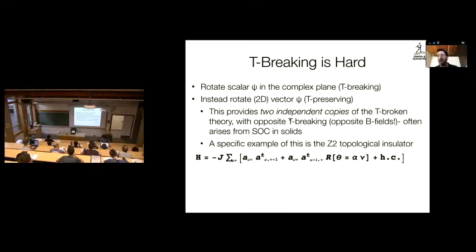And the point is now that if you actually go through the math, it'll give you 2 copies of the model. One that experiences a magnetic field in one direction, and one that experiences a magnetic field in the opposite direction. And as long as you don't induce coupling between those 2 models, you will be good to go to explore this topological physics. And this is actually something that one studies in what are called Z2 topological insulators, where